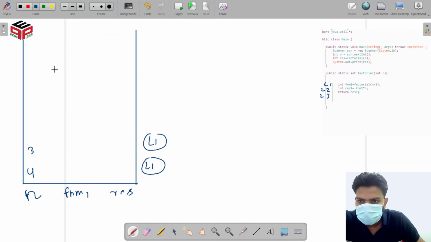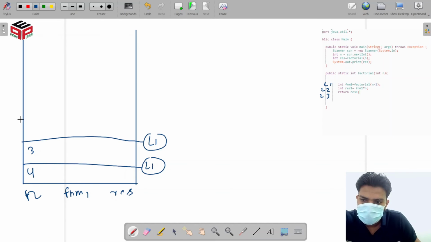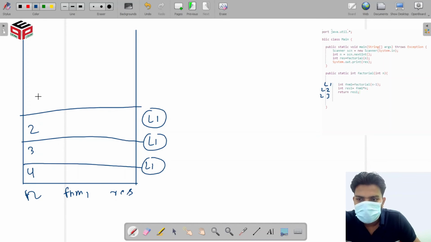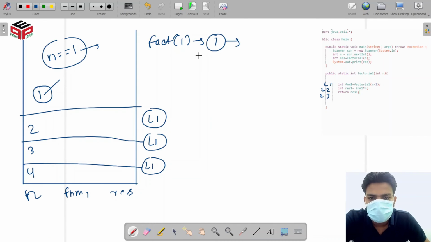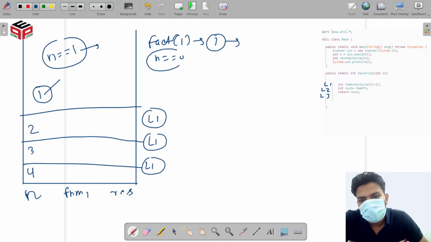and when line number 1 runs this function, then the value 3 becomes 2 and calls the next function, and when line number 1 runs this function, then the value 2 becomes 1 and calls the next function. Okay, at that stage when n equal to 1, the factorial of 1 will always be 1. So this is the stage where we have to return, because n equal to 0 is not possible, so we have to return from that stage. n equal to 1 is the least possible, we can't decrease from that position, so at this stage we just have to return. Okay, so when n equal to 1, then we have to return from that stage.